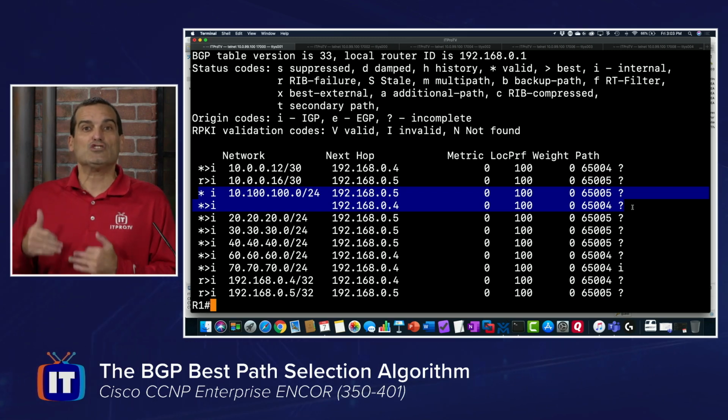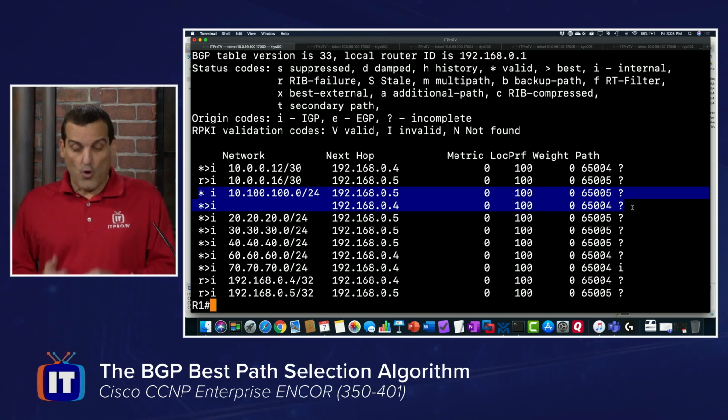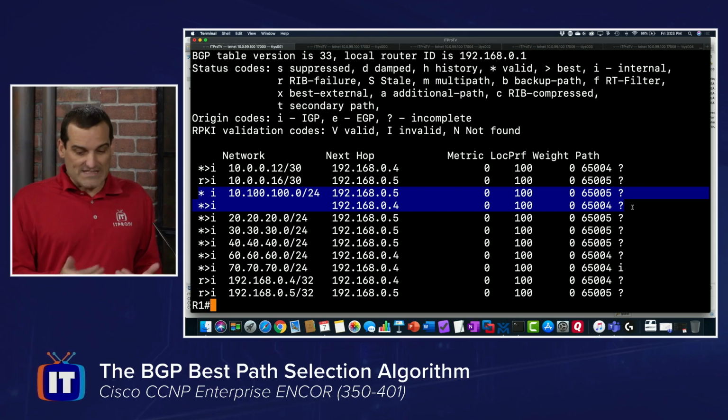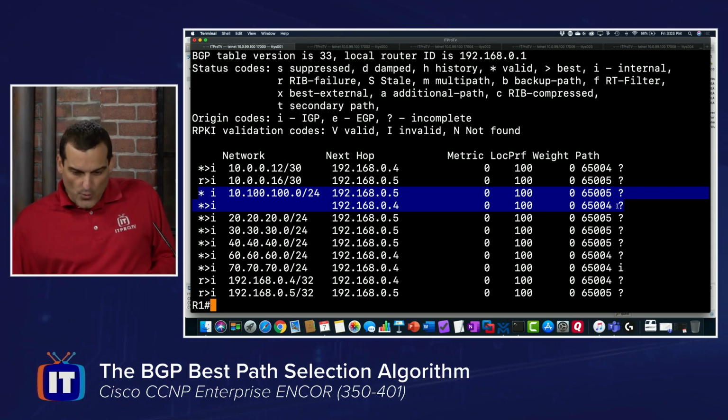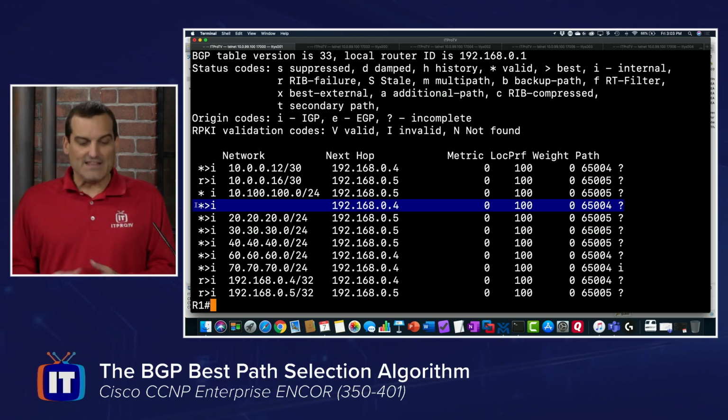We could go to AS 65004, or we could go to AS 65005. So those two ASs offer an avenue to get to that prefix. What did BGP choose? Well, you can see that it picked as best the